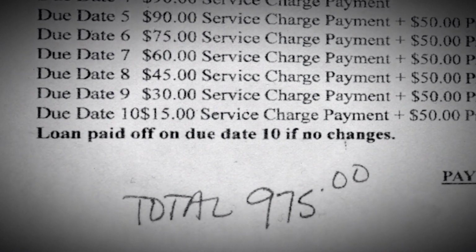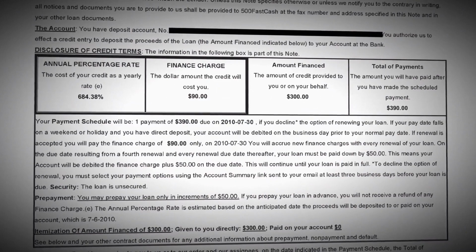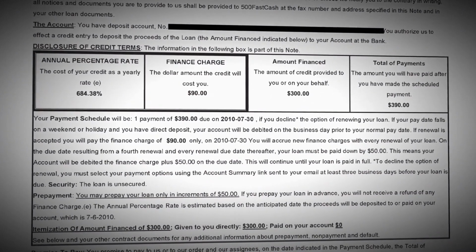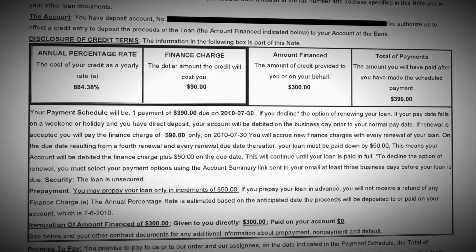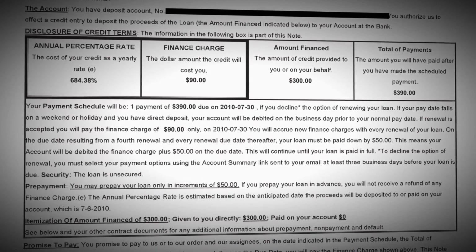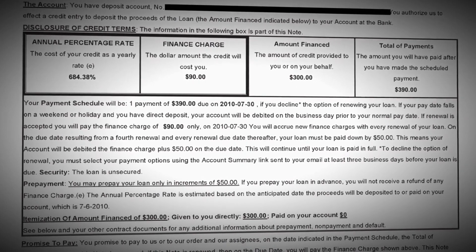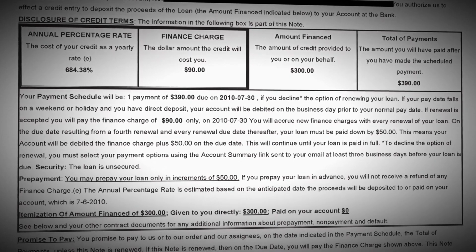We asked some consumers to send us their loan documents to see what they said. And it became very clear to us, just from a very brief reading of the document, that a reasonable consumer would have absolutely no idea how this loan worked. The language is confusing. It's full of sentences that are interrupted by other information that's unrelated and not relevant to